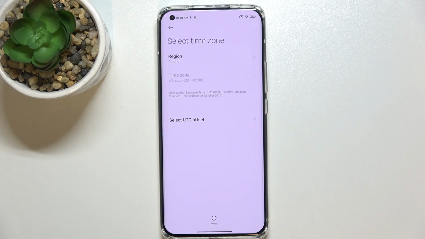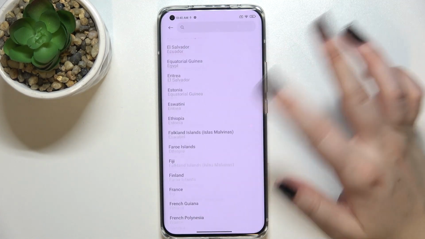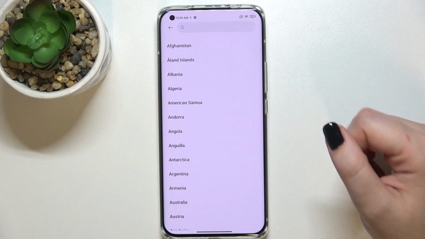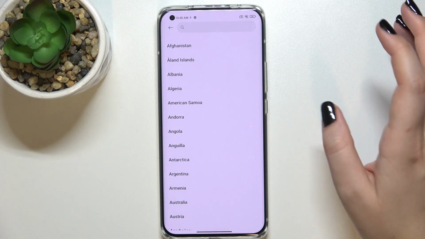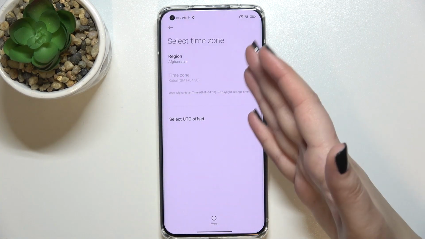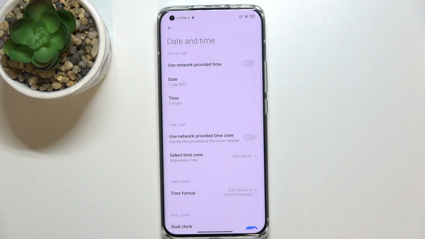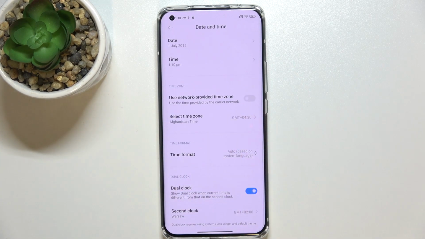We can also select the time zone, just tap on the region, and here we've got plenty of options which we can pick. So all you have to do is to simply find the one you'd like to set and tap on it, and as you can see it will immediately appear right here. So let me get back, and under it we've got also some options which are connected to the time format